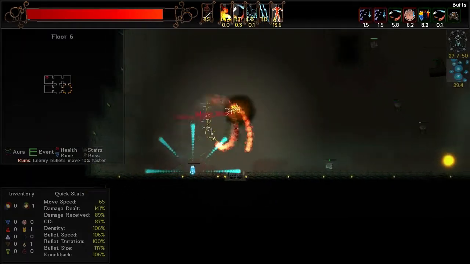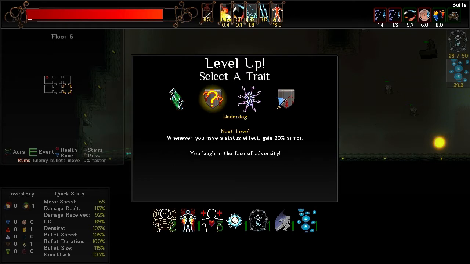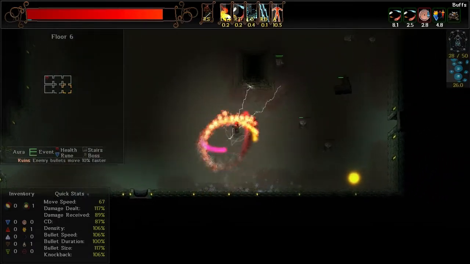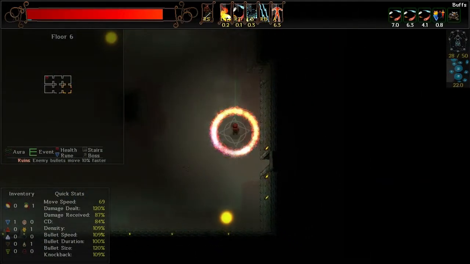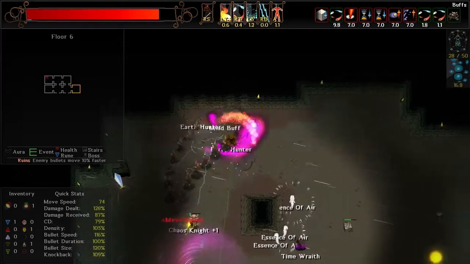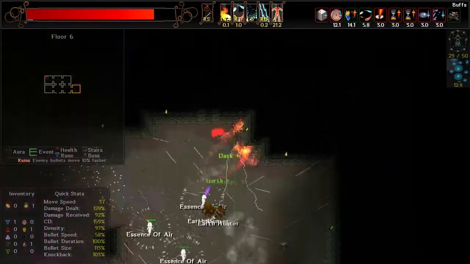Let's see if I can take her. Jeez, she's wily. Okay, so, class synergy. Whenever you use your class ability, all other cooldowns are reduced by 5. Tempting. Status... Ooh. Okay, whenever I have a status effect, I gain 20 armor. Because honestly, I'm probably going to have plenty... Wait. I'm always going to have a status effect from mindlessness. Yes. Yes. Yes. That's damn fantastic. Okay, I mean, there's a short period of time when I don't have it, but at the same time...